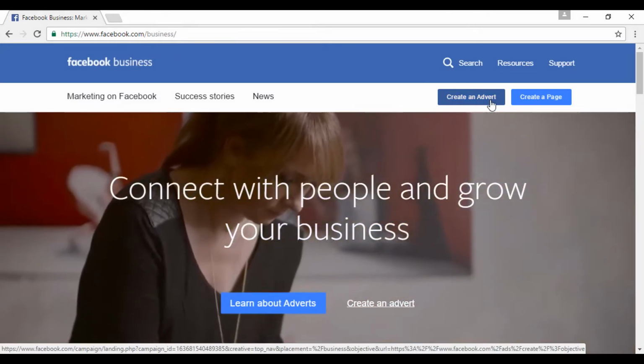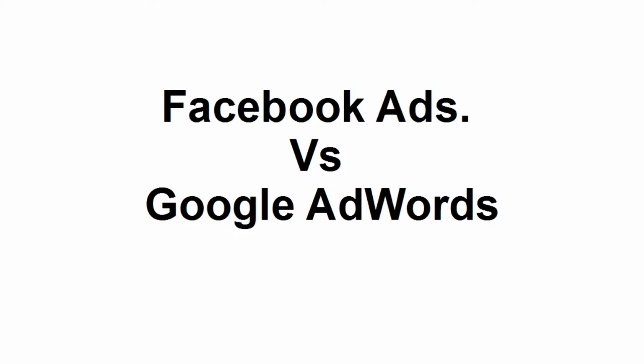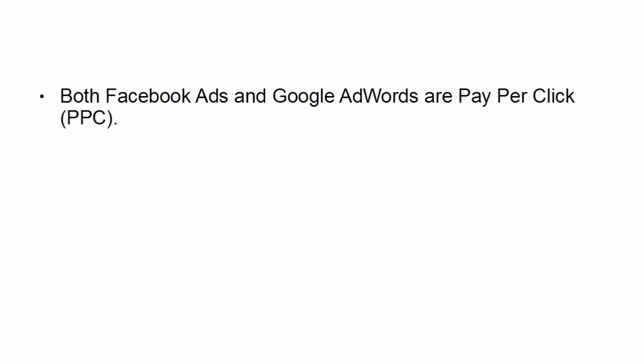It's very simple. So what's the difference between advertising via Facebook ads and advertising via Google AdWords? Well, there are certain similarities. First of all, both Facebook ads and Google AdWords are pay-per-click or PPC. At least Facebook does have a PPC option.